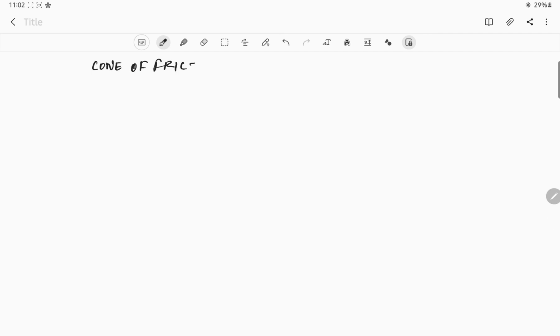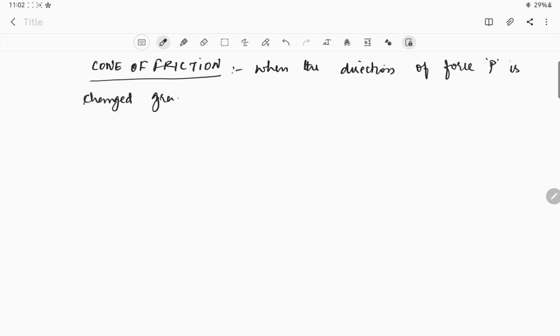Cone of friction: when the direction of force P is changed gradually through 360 degrees, the resultant R generates a right circular cone